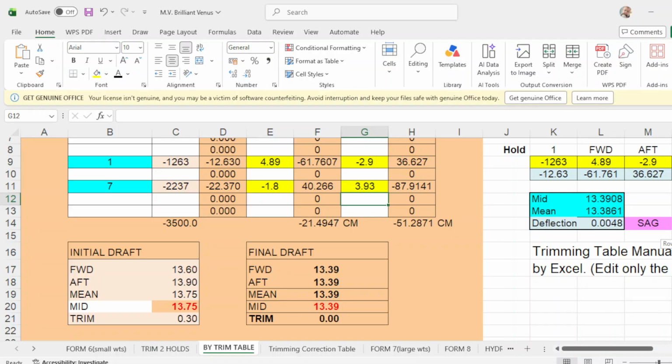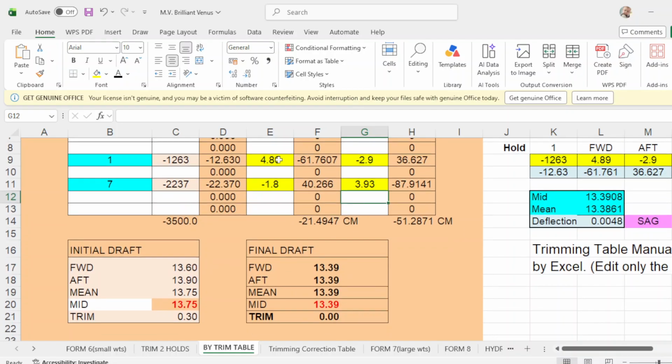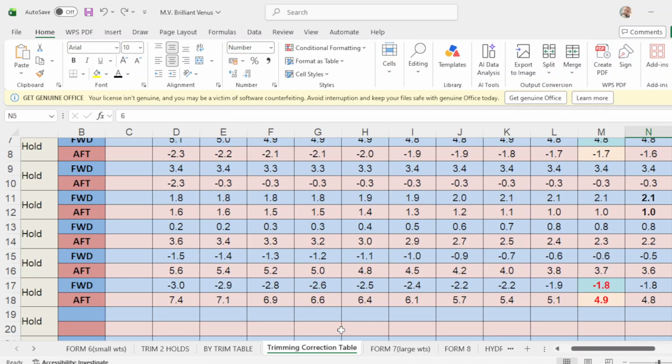Okay, let's say you put this one as 6 meters. Take note of the forward drop, that's 13.24. So adjust it to 4.89, then you get 39. So in number 7, how much is the trimming?